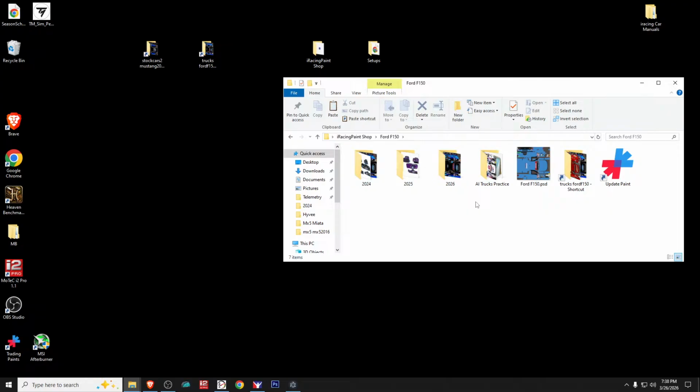Now, these shortcuts that I put on the desktop, do I delete those now? Once you get them copied into the paint shop folder, you can, if you want to. Okay, done deal. And then another thing you want to do is, I don't know how often you plan to change paint schemes,